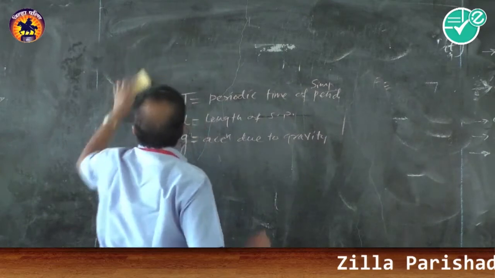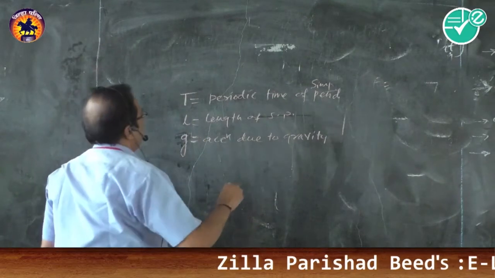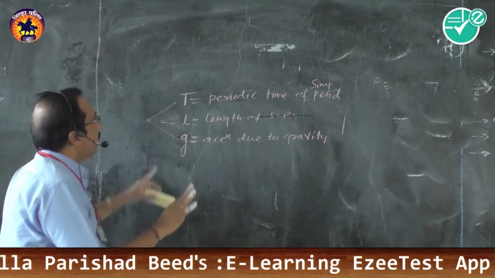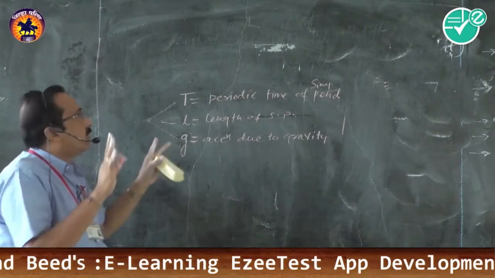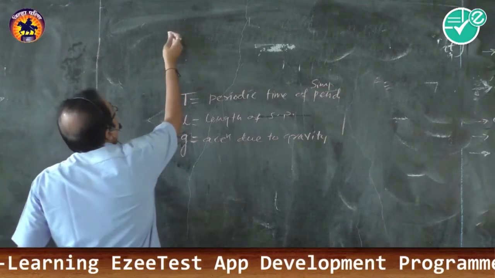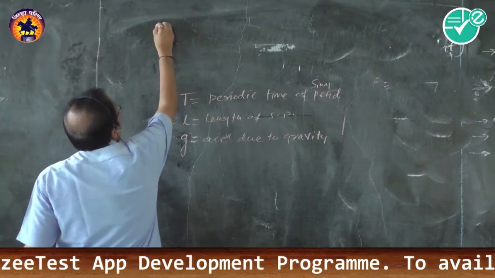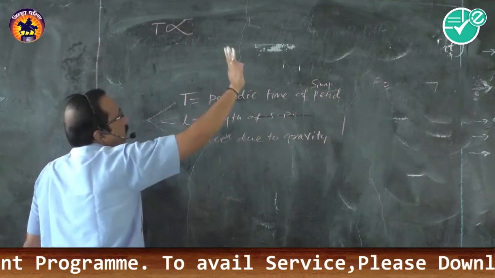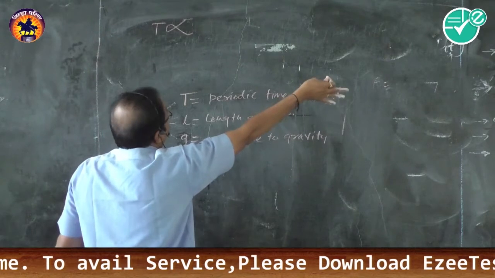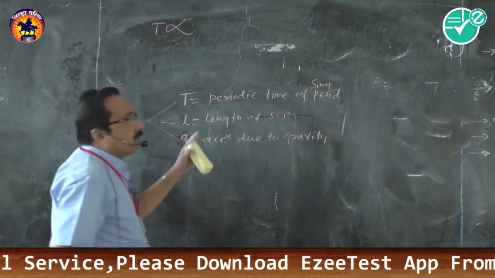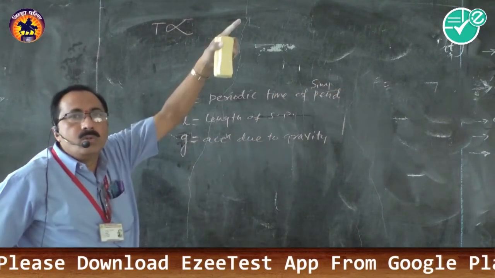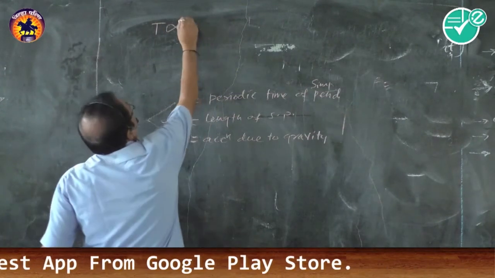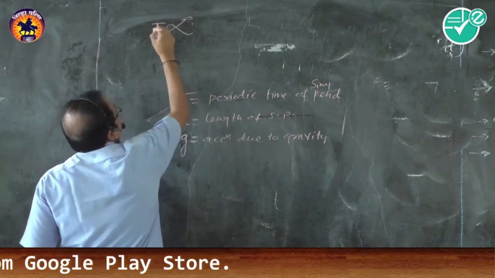You are also familiar with the formula of g, which you studied in the 12th standard. But we shall find the relationship between these. For that, we must know which quantities are correlated. So let us write T depends upon, we don't know how the time is related with the acceleration due to gravity, whether T is equal to L by g or T is equal to L into g or T is equal to L raised to 2 into g. So we don't know the actual relation. We can find the relationship.